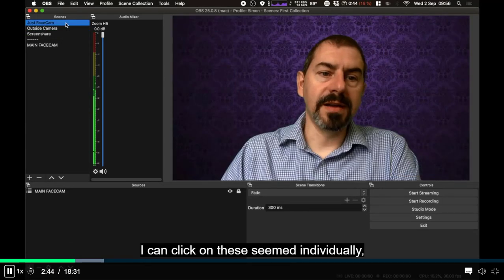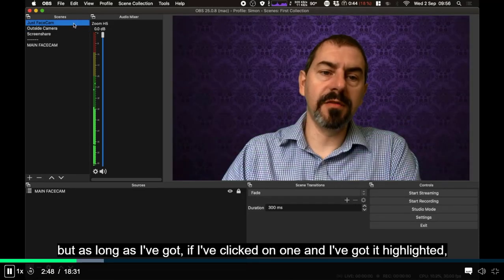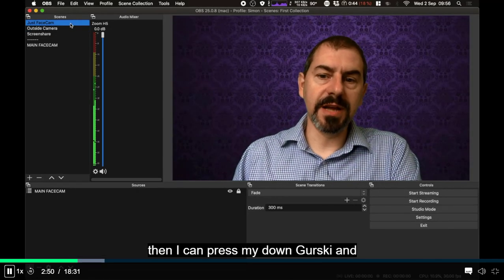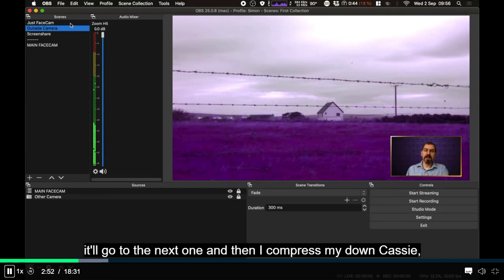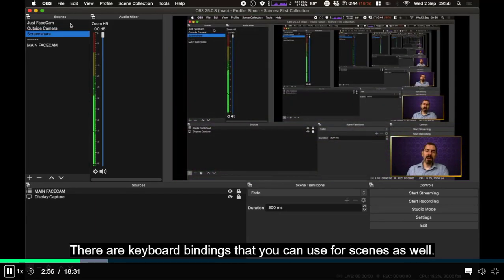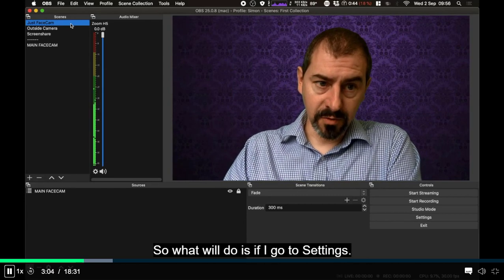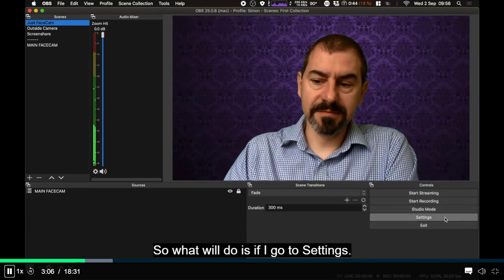I can click on these scenes individually, but if I've clicked on one and I've got it highlighted, then I can press my down cursor key and it'll go to the next one, and then I can press my down cursor key again, it'll go to the next one. There are keyboard bindings that you can use for scenes as well, and anything else really in OBS. So what we'll do is, if I go to settings,